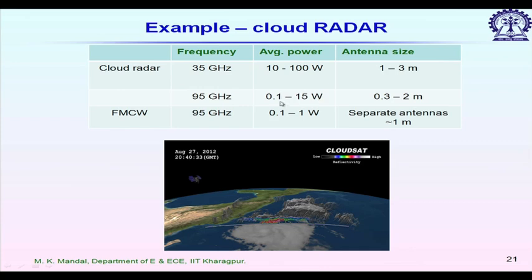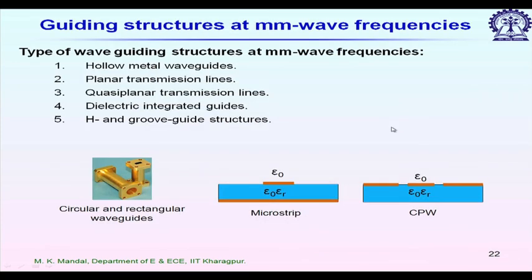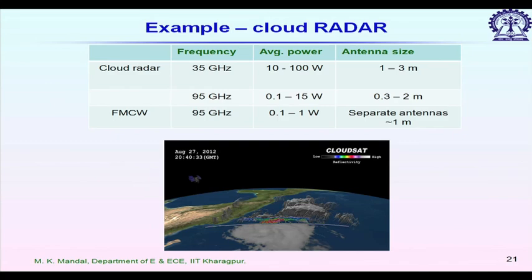In one type of system, its transmitting power is 0.1 to 15 watt, and antenna size 0.3 to 2 meter, and in second category it's 0.1 to 1 watt, and the antenna typical diameter is 1 meter. So, we have seen that already there are many millimeter wave systems being used, and now scientists are trying for